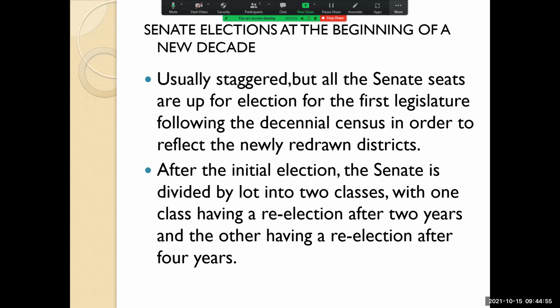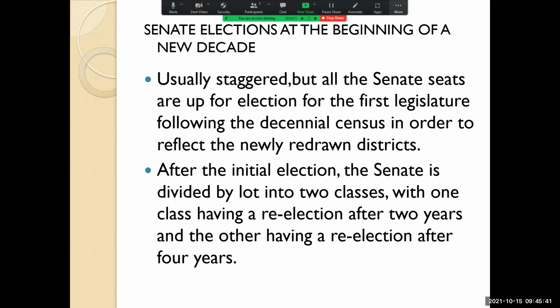The Senate, however, is on a 4-year schedule, and we split the Senate up so that half the Senate is being elected every other year. And we stagger those so that half the Senate is serving 4 years, and that overlaps the 4-year period of the other half of the Senate. And this causes a bit of an issue once the census comes in, because now we need to redraw all of the Senate district lines to match the results of the census, which means that if you were elected 2 years before the census came out, you're going to serve a 2-year Senate term